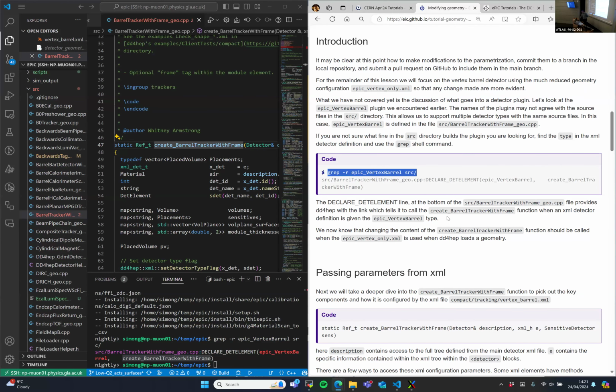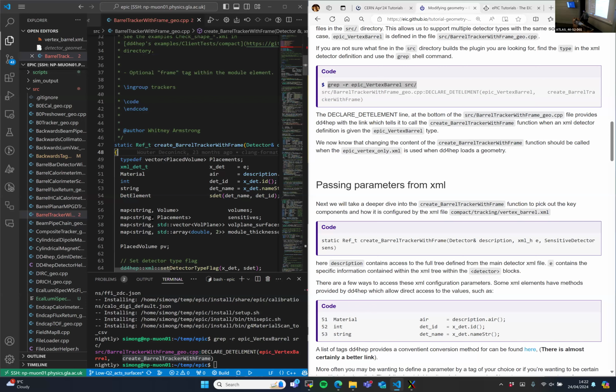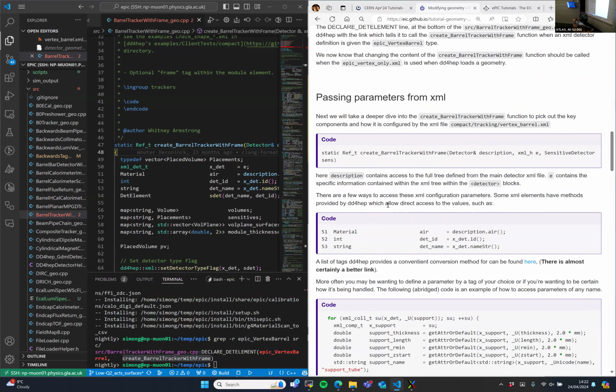Yeah, so now changing the contents of this will obviously change what we're actually building from this detector. So we want to know how this is controlled from the XML file first. We need to bring up both of these files side by side, which is probably the most useful way to go about this. But within the source file, you'll see a number of different